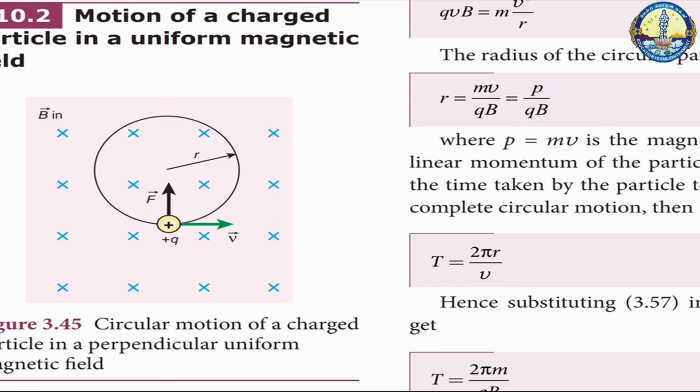Motion of a charged particle under crossed electric and magnetic fields, that is, the velocity selector. Consider an electric charge Q of mass m which enters a region of uniform magnetic field B with velocity v such that the velocity is not perpendicular to the magnetic field. Then the path of the particle is a helix.